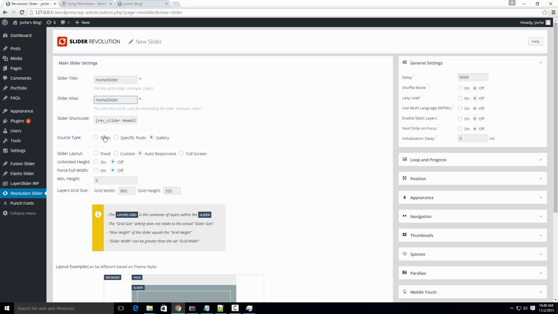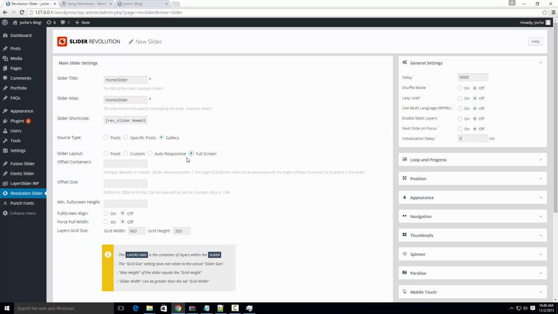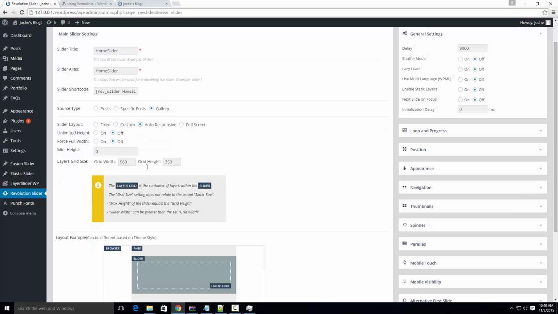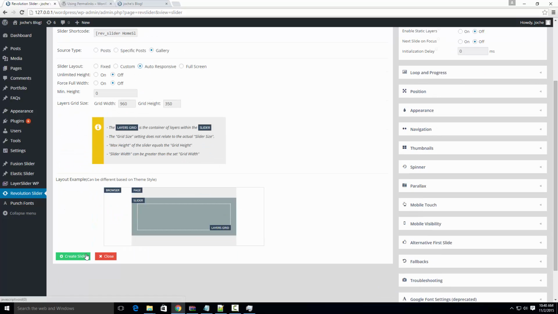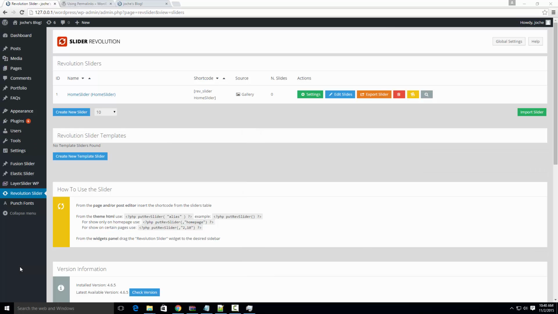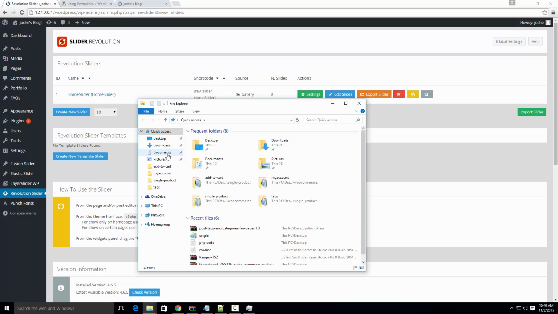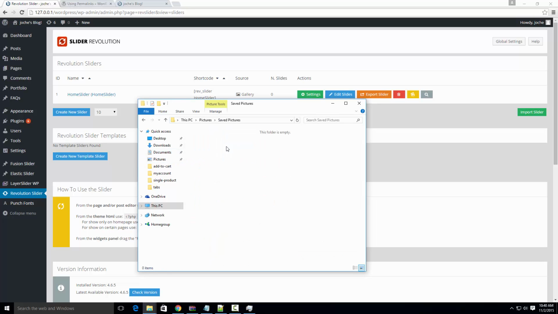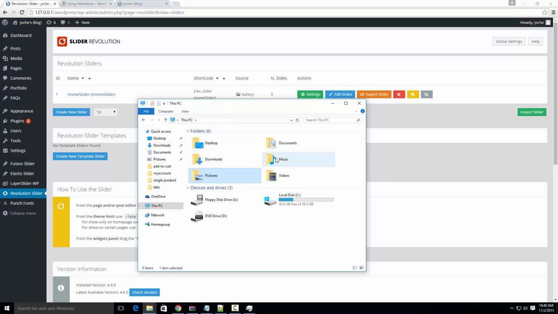It's going to be full screen. Well, auto responsive. We're going to use that and create a slider. I don't know if Windows comes with sample images, pictures. No, but